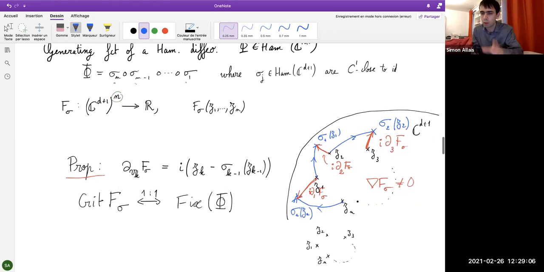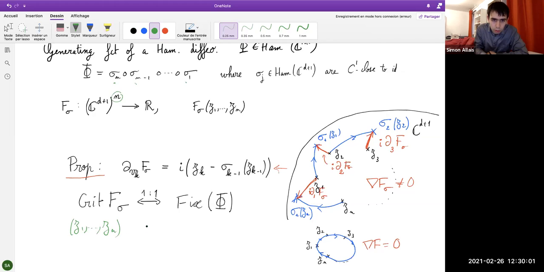So you see it looks a bit like the case of geodesics if you have already studied this. And when you have a true trajectory of the dynamics, the gradient is 0. So in symbols, it is this relationship. And so critical points of f are in bijection with fixed points of capital phi. And the bijection is simply given by the projection on the first coordinate,